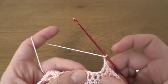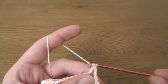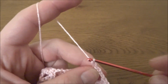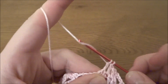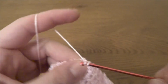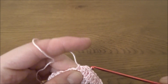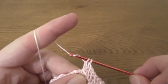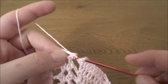We have to skip the first stitch and then into the next 6 stitches 1 double crochet, 1, 2, 3, 4, 5 and 6, and into the last one increase, so 2 double crochets in one stitch, 1 and 2, chain of 3, 1, 2, 3, into the V-stitch we have to work V-stitch, so